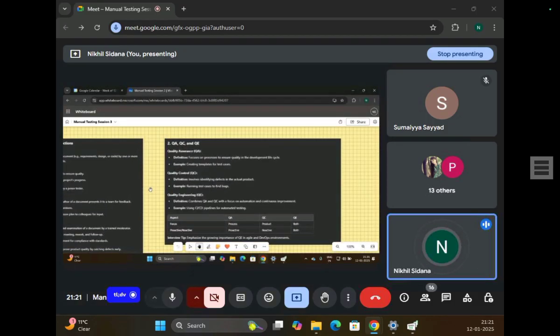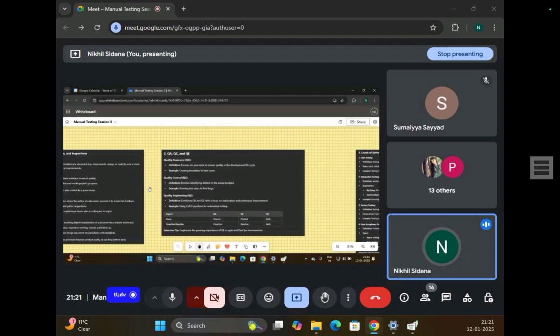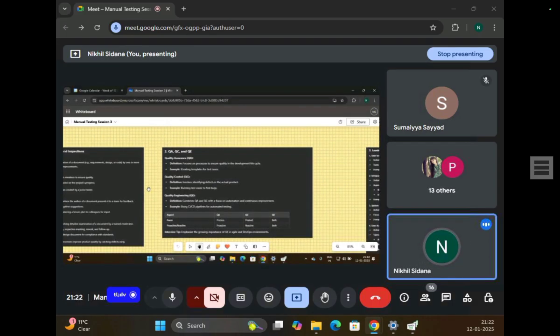Moving to quality engineering. Guys, when I say engineering, engineering is all about developing something. It's a technical term. So quality engineering combines QA and QC with the concept of automation testing. When we are talking about the whole quality assurance processes and quality control processes, meaning manual plus automation testing plus security testing, that's called quality engineering.